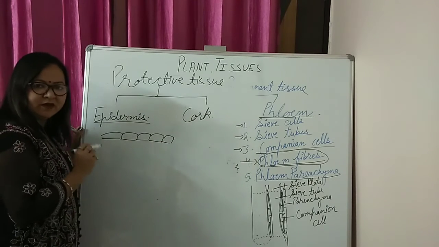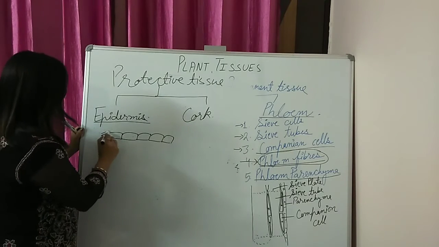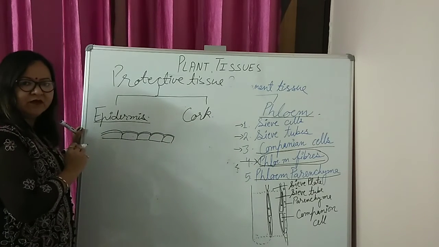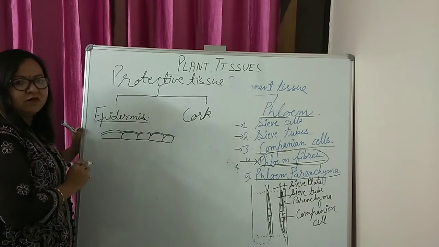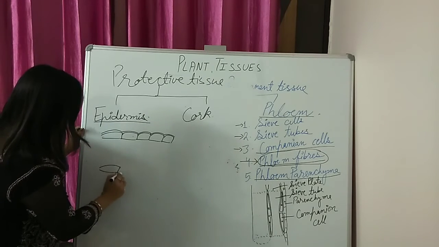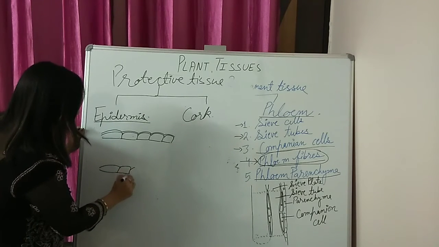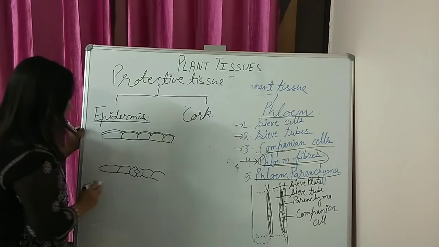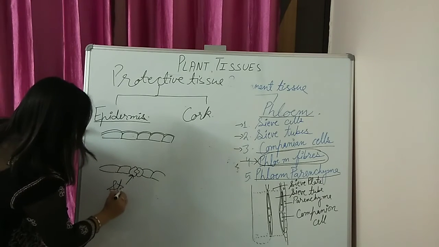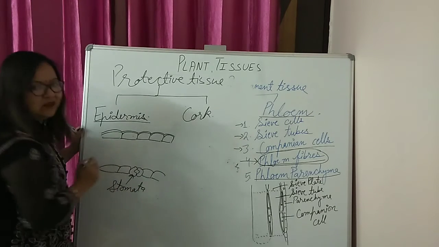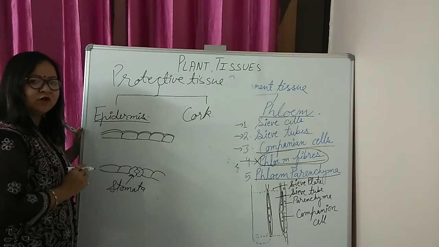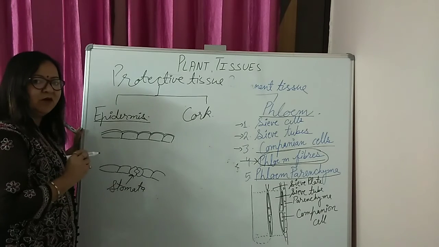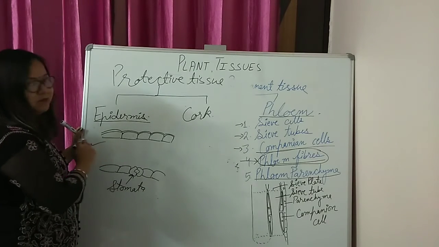In the aerial parts of the plant, it has a waxy layer to minimize the loss of water. If we consider the epidermis of the leaf, it has pores that are called stomata, surrounded by guard cells. These are the stomata. They are very helpful for the exchange of gases plus loss of water in the form of water vapor, which is called transpiration. That is very important to maintain the temperature of the plants.